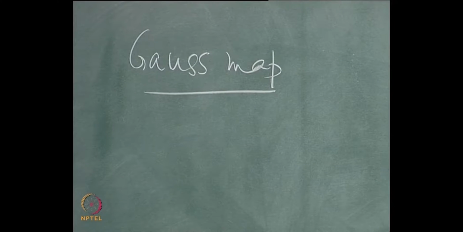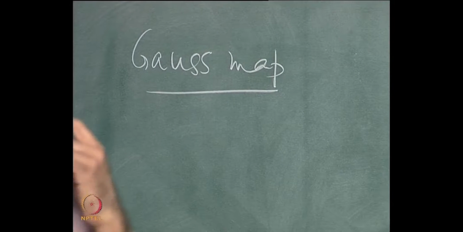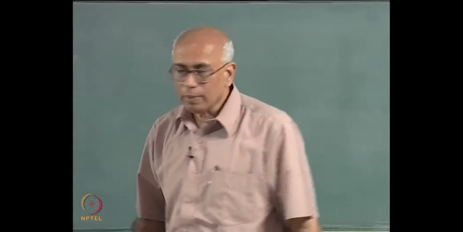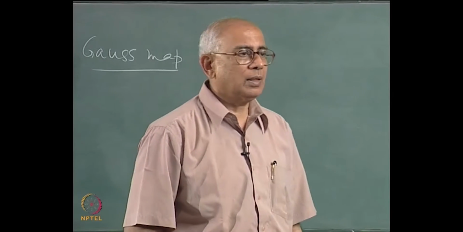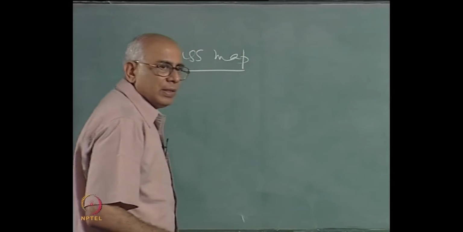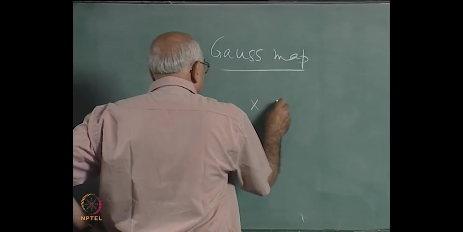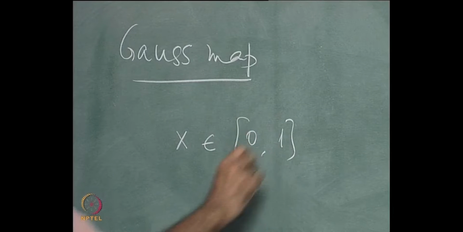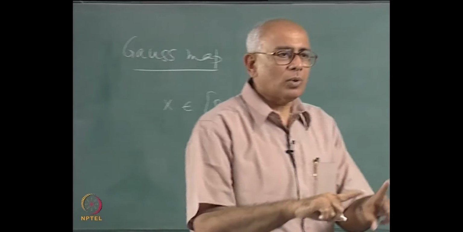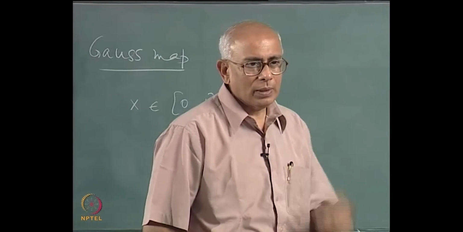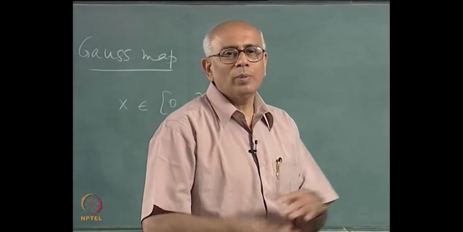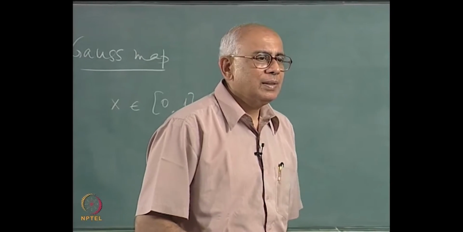the continued fraction map. I do not know the exact history of this map, but Gauss did very important work on it, and it is the following question. In fact, the question that Gauss was interested in was the following. He said, suppose you take a number between 0 and 1, so I take an element x, somewhere between 0 and 1, and I take its reciprocal, that is a number bigger than 1, I throw away the integer part, keep the fraction, I take its reciprocal, I throw away the integer part and keep its fraction, and then the question was,